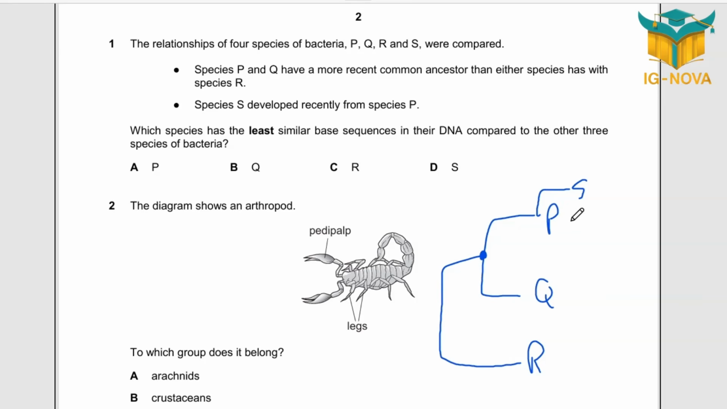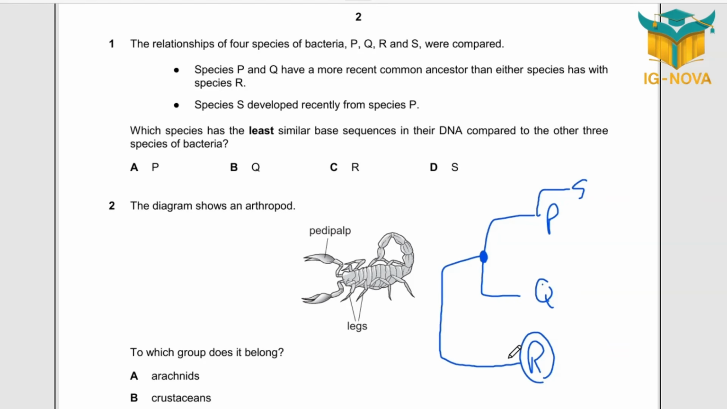Species P and Q, both of them, have a recent common ancestor, this one. Then species R. So species R has a distant common ancestor with both of them. Then recently species S developed from species B. So which species has the least similarity with all of them? Definitely R. If you have a long distance from a branching point on this cladogram or on the diagram,